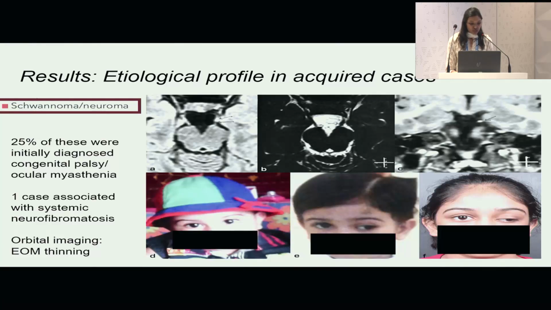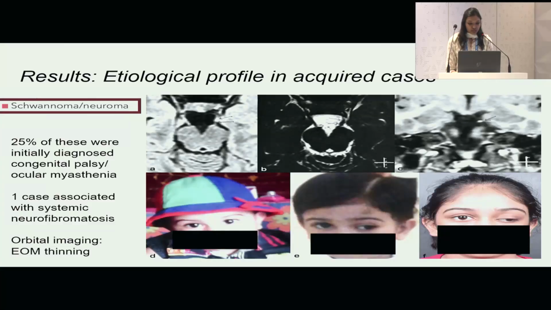These schwannomas or neuromas were picked up as a tiny nodular or fusiform enlargement of the third nerve in its cisternal segment, as marked in this first image here, or in the cavernous segment in some of the cases. And these are seen as a T2 hyperintensity with intense post-contrast enhancement, as seen in the third panel. Most of these patients had a progressive XT and ptosis on follow-up, and one of these was in a background of systemic neurofibromatosis.